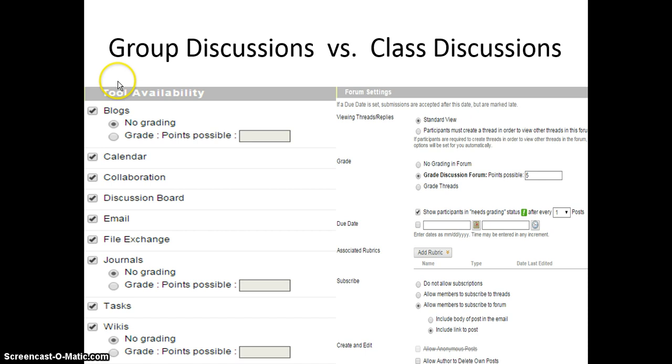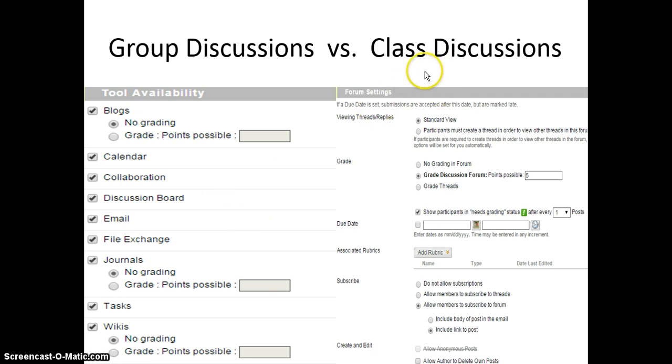One of the problems with creating group discussions, though, in this edition of Blackboard, you can see here, discussion board, there's no area for points possible like there is for blogs or for journals or for wikis. You cannot assign points possible for a group discussion board. This can be very frustrating. This means a lot of extra work on the teacher's part. It doesn't show up in your needs grading section. You need to go into each group individually and click on every student's individual posting. If they have a reply, you've got to go searching for the reply, so it can be very frustrating despite some of the good things about having smaller groups.